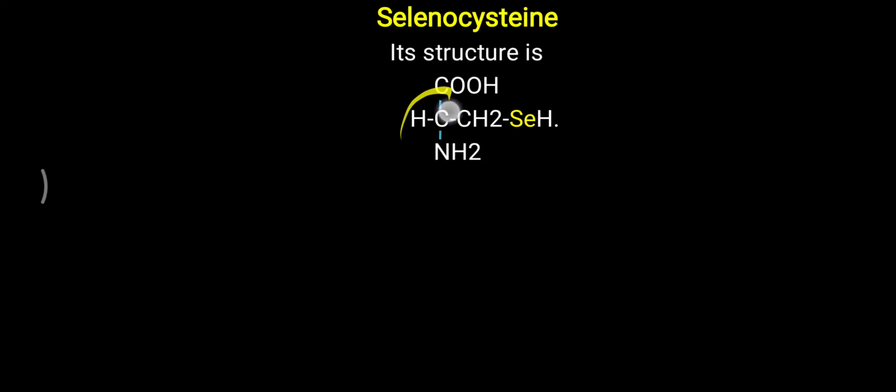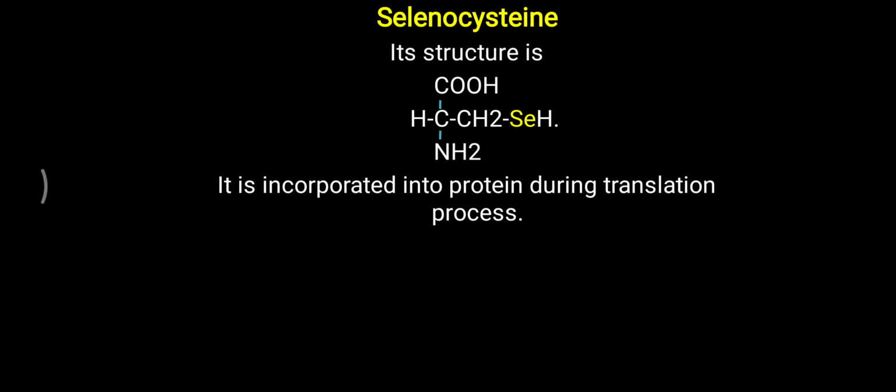First we will talk about selenocysteine, the 21st amino acid. Its structure is just like an amino acid, but here selenium is present. It resembles the amino acid serine, which contains a hydroxyl group. In the structure of serine there is an OH group, but instead of this oxygen, selenium is present. Selenocysteine is incorporated into many proteins, around 25 proteins, and this incorporation occurs during the translation process. It is said that serine is attached to the tRNA, some modification over the tRNA will occur, and that will lead to the formation of selenocysteine.